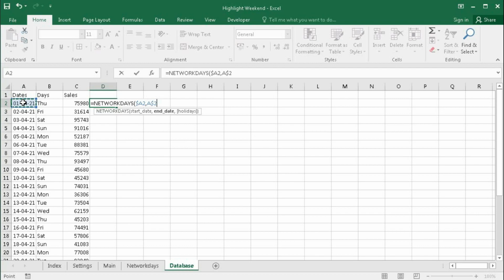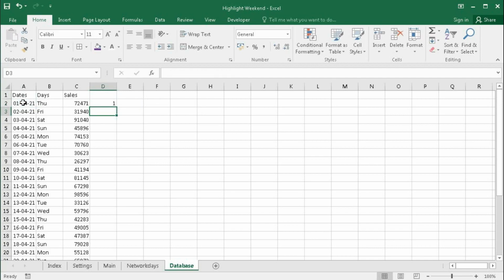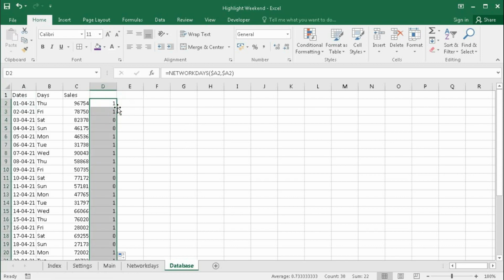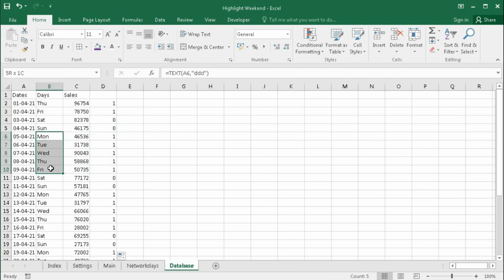So again lock the A, and we will not include the holidays because we are going to highlight the weekends. Bracket close, enter. We can see here we got 1, and if we drag the formula, this is 1, then this is 0 because this is Saturday and Sunday, and these are 1 because these are weekdays.